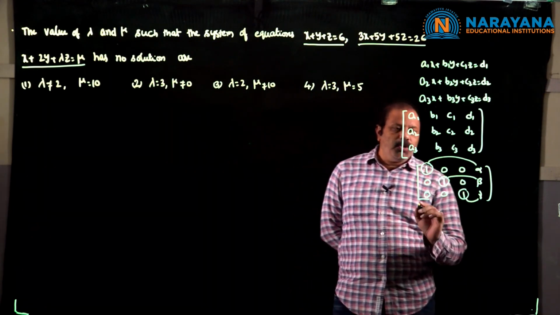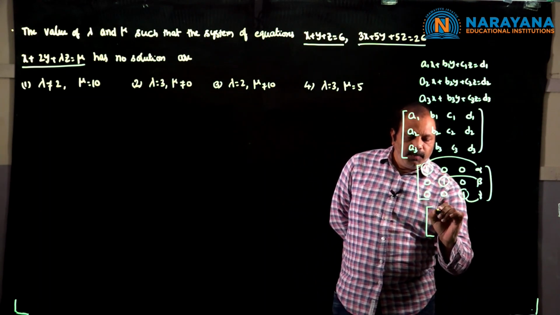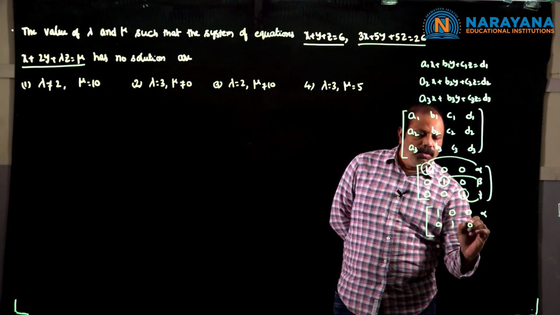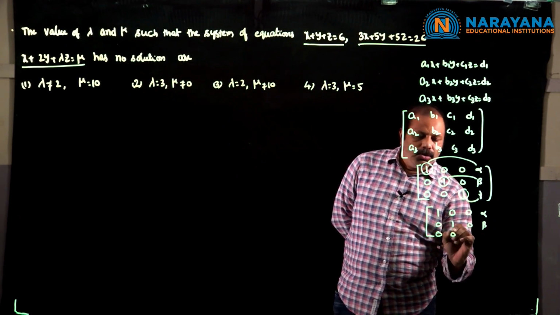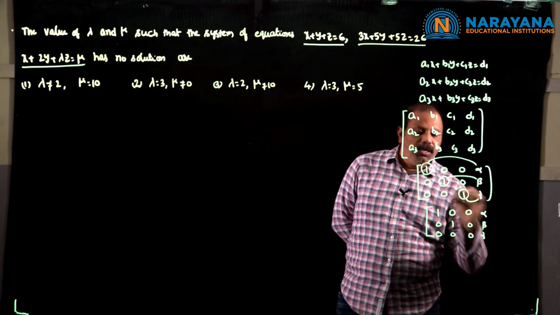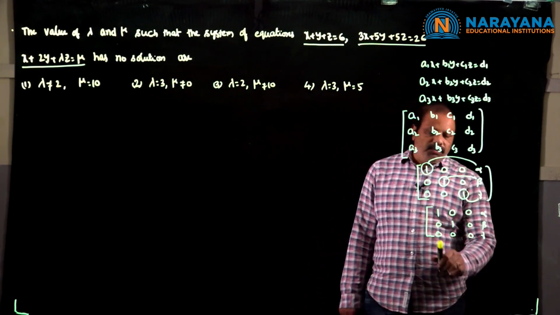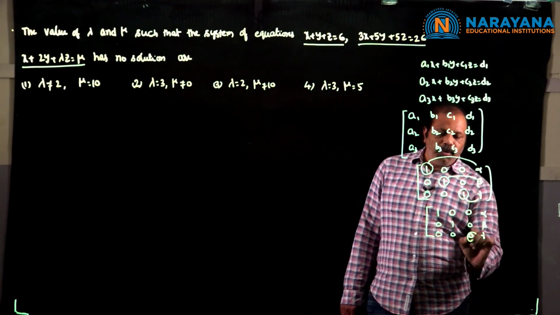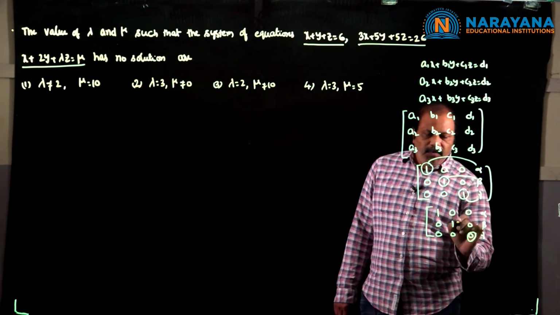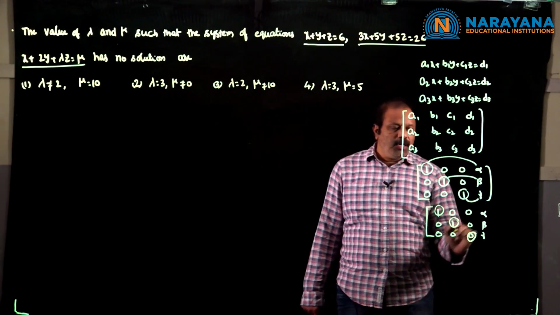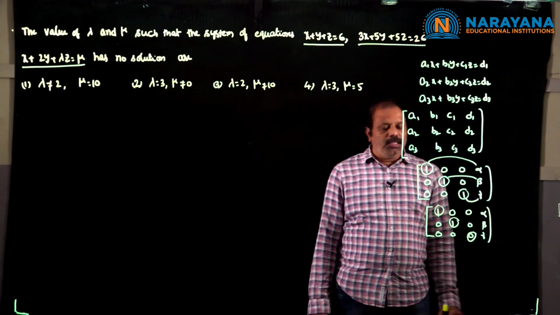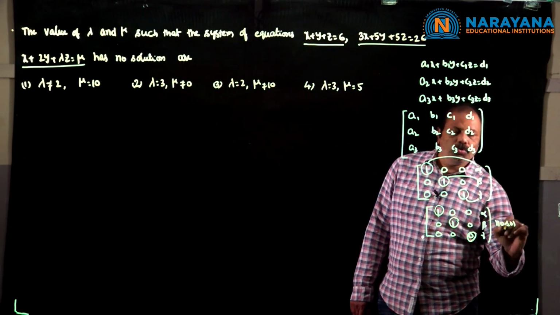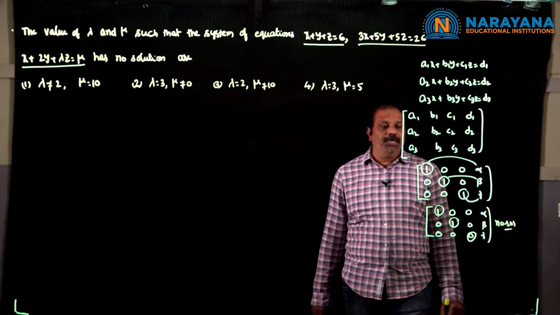In the process of doing this, if at all you get something like 1 0 0 alpha, 0 1 0 beta, 0 0 0 gamma, it means that in the third equation, I mean the third row, there is no variable place. This can happen even here or here. If the things turn out like this, then we say that there will be no solution, and the system of equations is inconsistent.